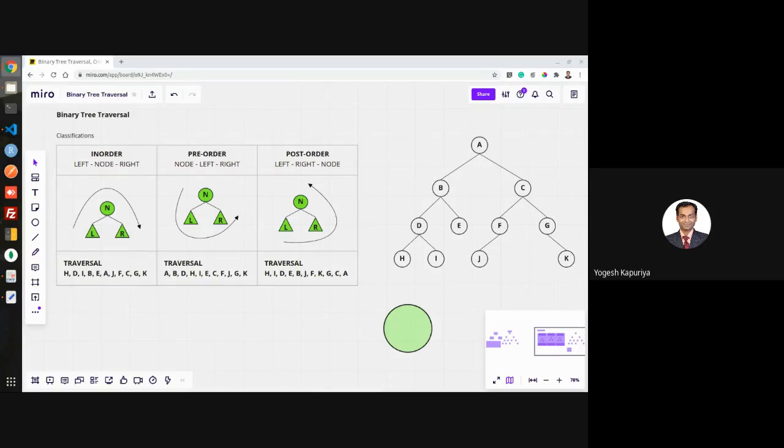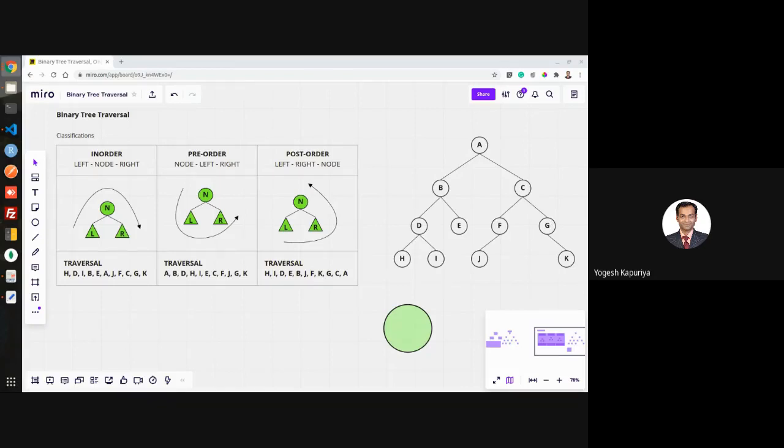This is a very popular question for the examination: you will be given some tree and asked to find the in-order, pre-order and post-order traversal, or it may be reversed. That means you will be given a traversal and asked to generate a tree from it.